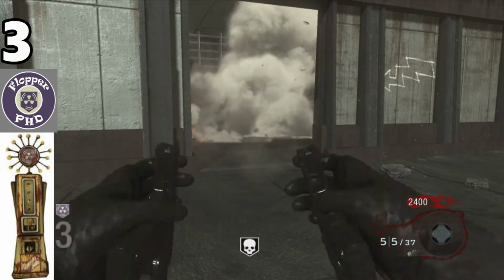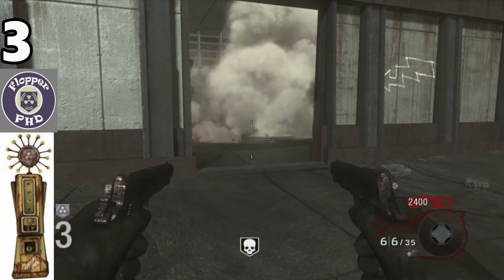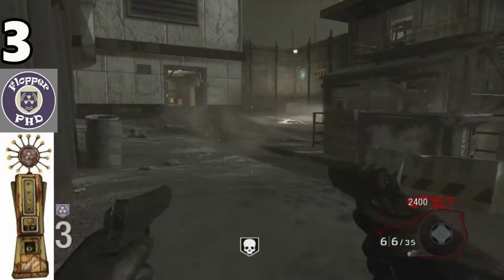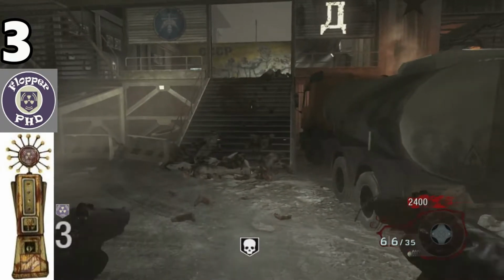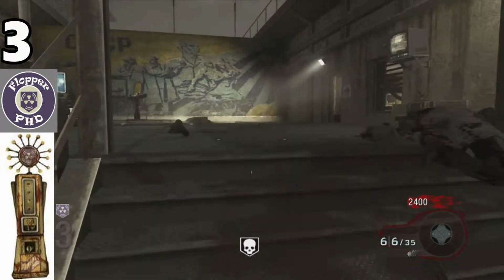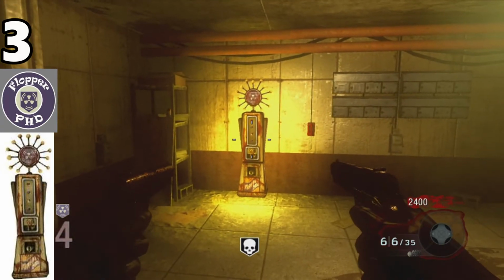So let's say you upgrade your pistol and get a Mustang and Sally. That explosion could kill you really easily, because explosive blasts of the Mustang and Sally, and even the RPG, are really huge. And even the Ray Gun, you're taking splash damage, and it's not a good thing. PhD Flopper takes that all away from you, so you are completely safe,